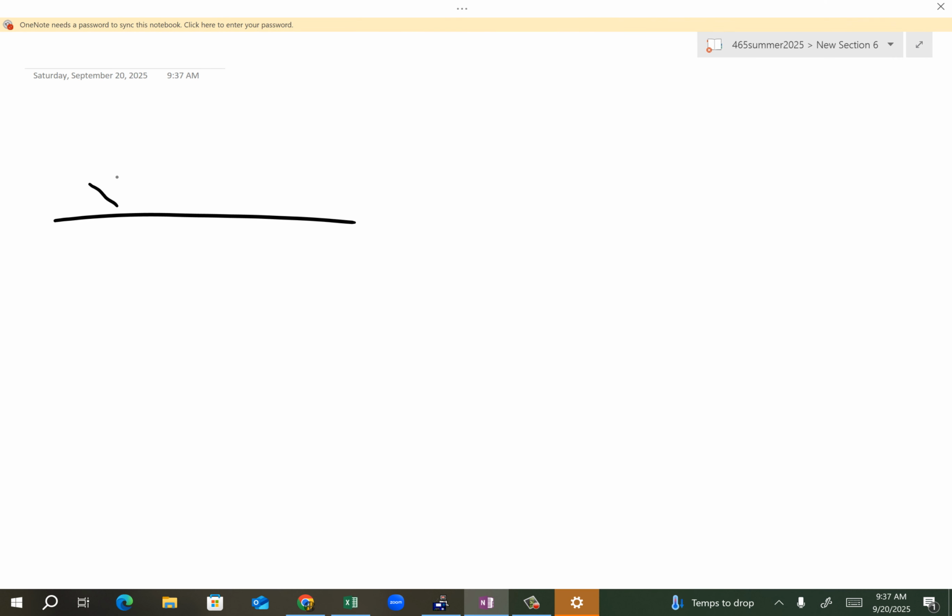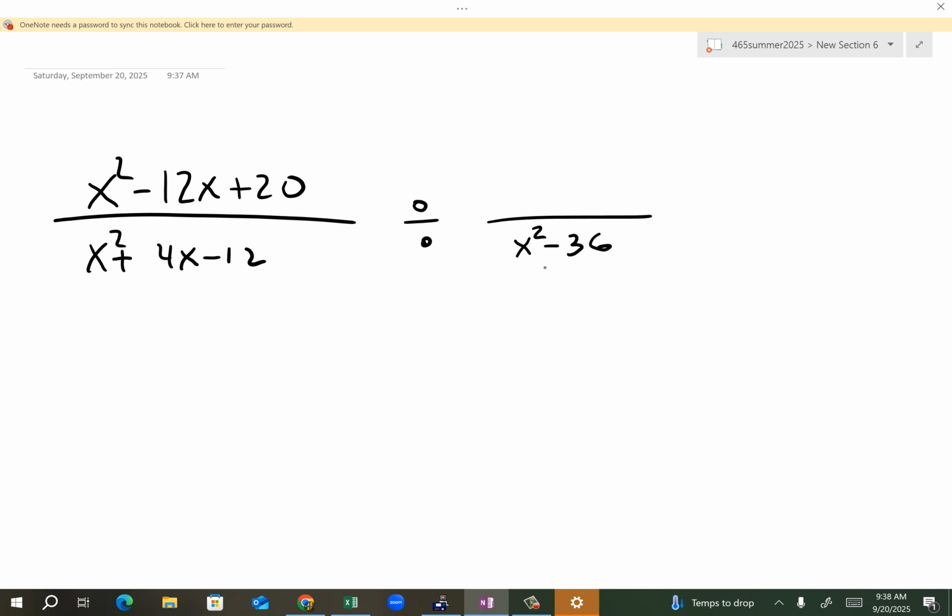If you had this one, x squared minus 12x plus 20, x squared plus 4x minus 12. I feel like I did that one already. x squared minus 36, and x squared minus